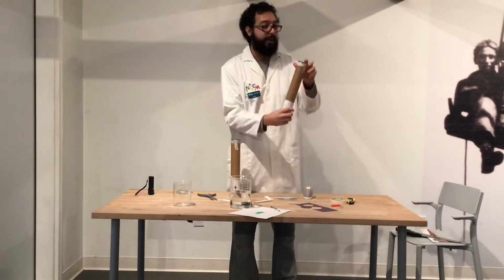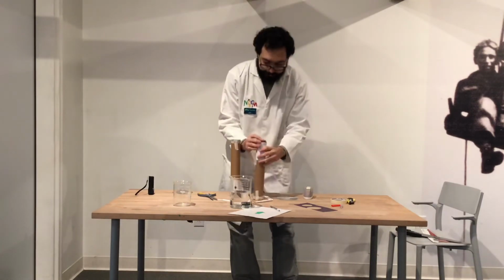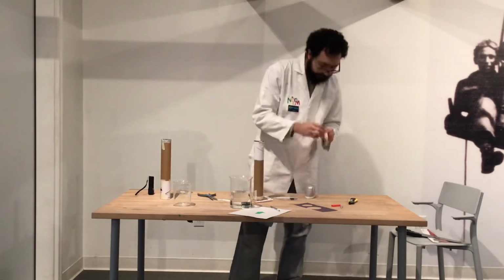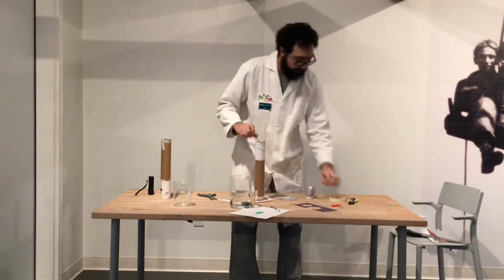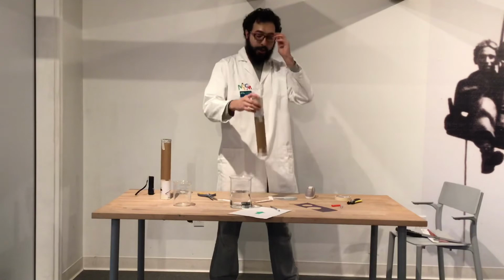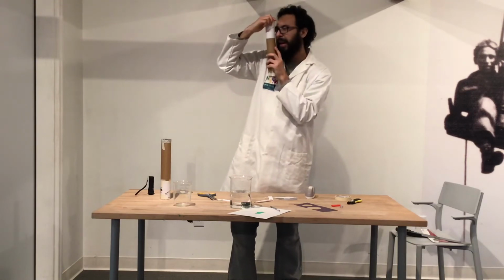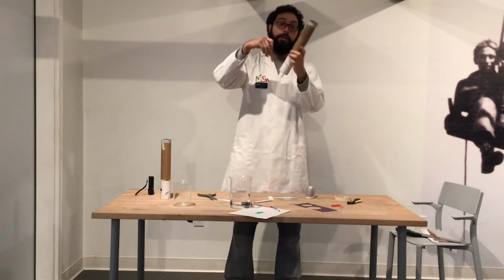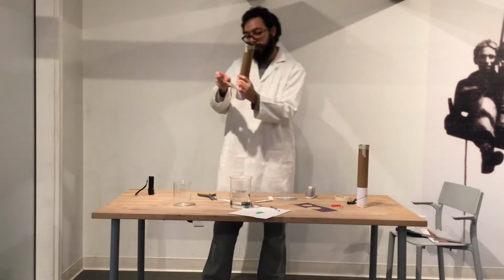Then you're going to do the same thing on the bottom, but it doesn't need the slit. It just needs paper taped over. All right, so I'm going to do this. All right, so when you're done, you should be able to look through this little hole here and not see any other light coming through, except for, well, the stuff coming through this little slot here. Now, when you put this through, you should see